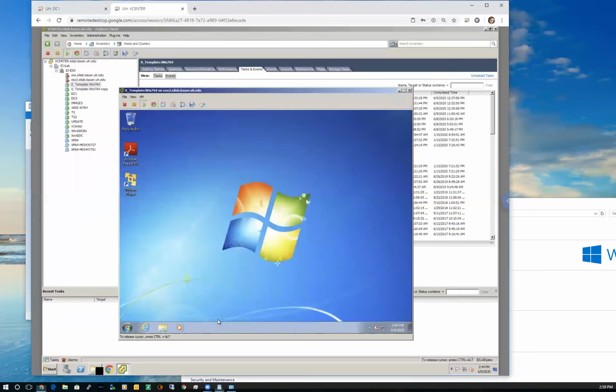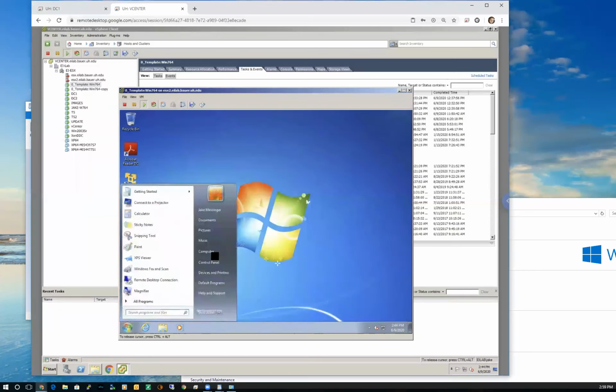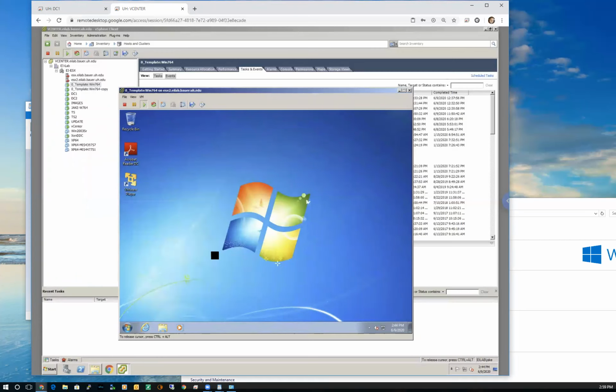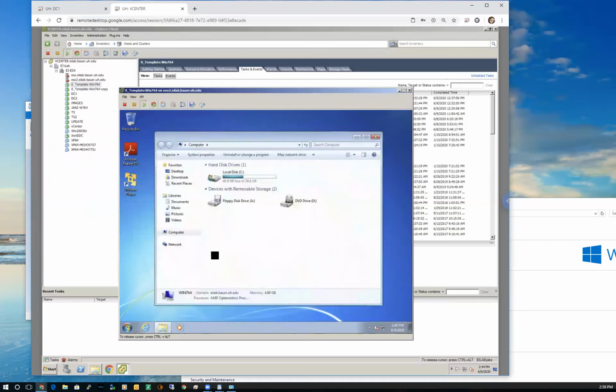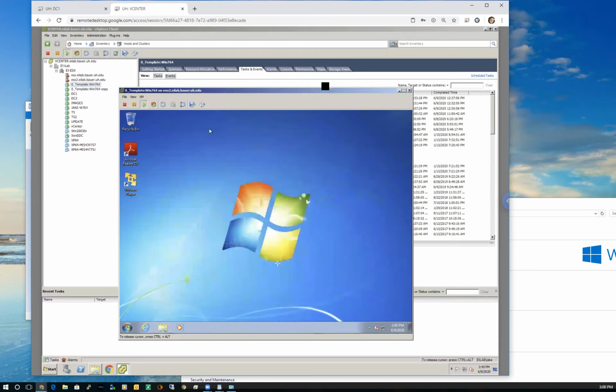I've already downloaded a Windows 10 ISO, and then I uploaded it to the domain controller server, and I attached it to the virtual machine. I'm not going to go through all of that, how I attached it, but I'll show you what I've done already. So I probably don't want to use this as a template.